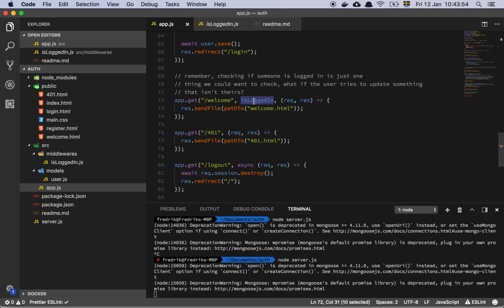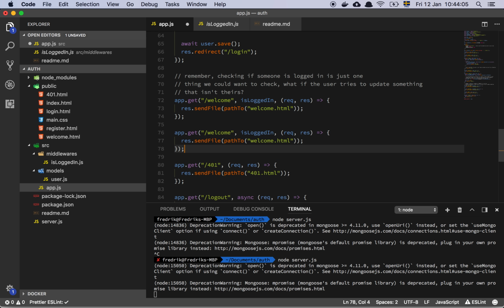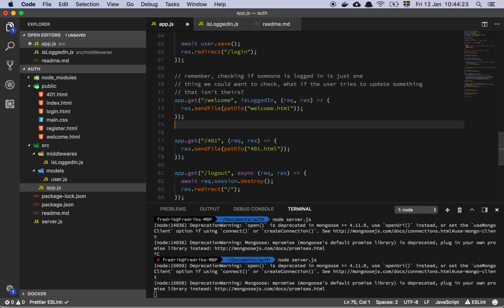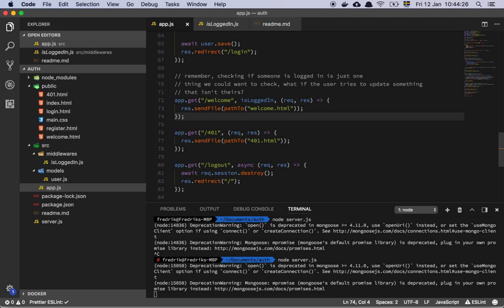Well, the reason why middlewares are so powerful, and this is a very common middleware, is because I want to be able to restrict. If I start adding other endpoints like this, so let's say I have a second endpoint, I just want to be able to include this restriction on any route whenever I want to. I don't want to have to duplicate all my logic inside of the controller handler in this function here. So having something like an isLoggedIn middleware is actually very, very common,